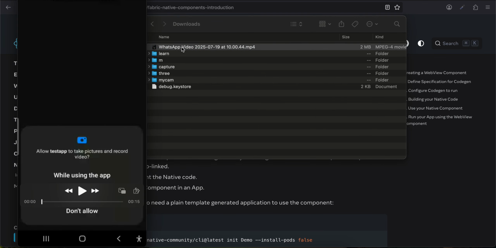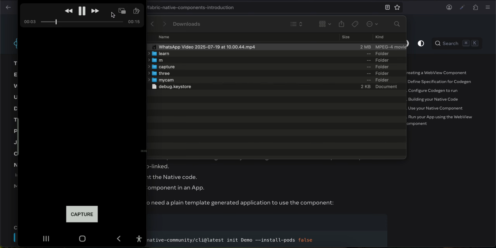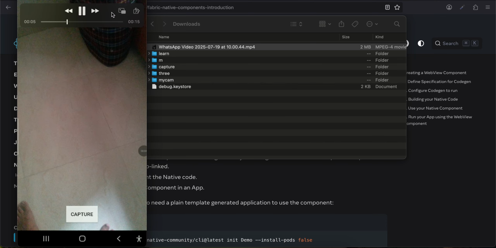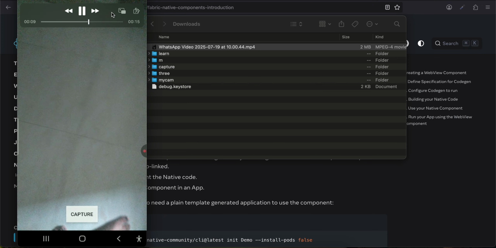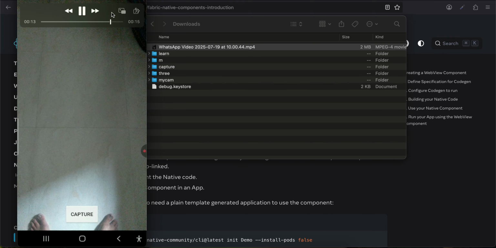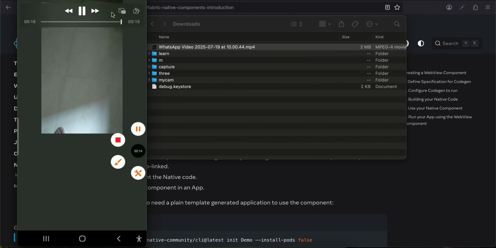I'm not sure how good the output will be visible because I have recorded the output. I'll play the video where we need to first give the camera permission, and here you can see this is the live camera preview. I'm trying to move the camera, but here you can see the frames are dropping, so this is what is called the frame drop effect. I'll click on this capture button and it will capture the image and display it inside an image view over